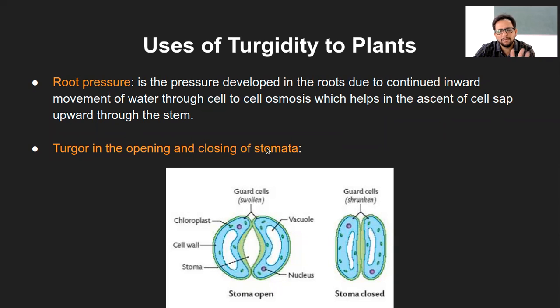Then opening and closing of stomata we had studied earlier, so I'm not going to go there again, but you can just mention the most important thing: you need to label these cells as guard cells and the opening as stomata. These structures will always remain because these are ultimately cells. So there will be a cell wall, nucleus, vacuole, chloroplast, and so on. They will always be there, but you need not label them always. But these two things for sure you need to mention, that is guard cells and the stoma or stomata, and the closed stage of stomata and the open stage of stomata. So that is most important.